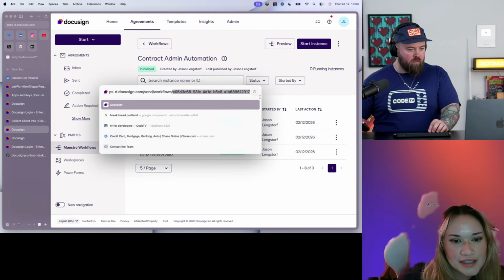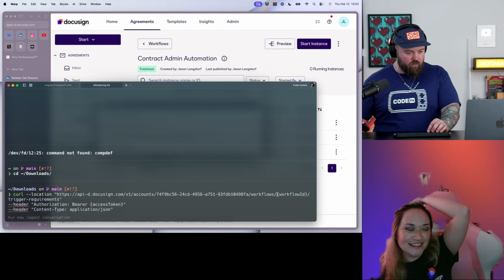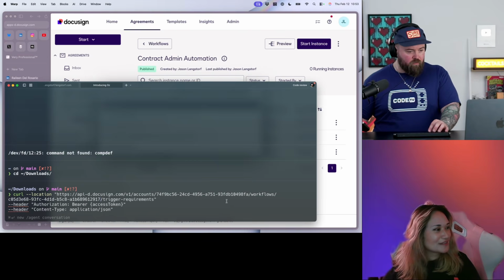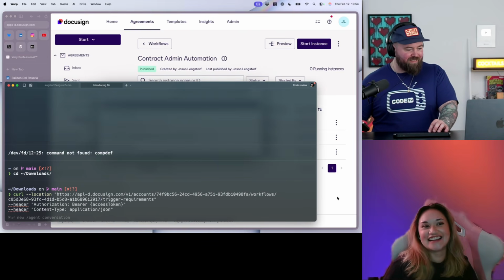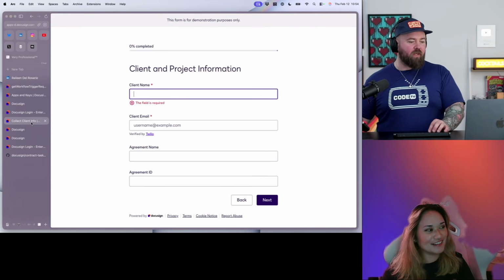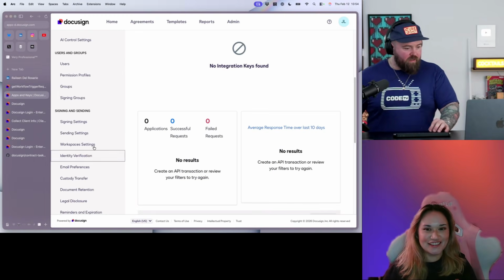That's it. Yep. So this is like the workflow ID. I actually did the same thing back in Discover, and one of my friends was like, "It's a little hacky to pull the ID that way." So I want to mention that there is an API call you can do. It's a get request that pulls all your workflows from your account. Yeah, if you want to do it that way.